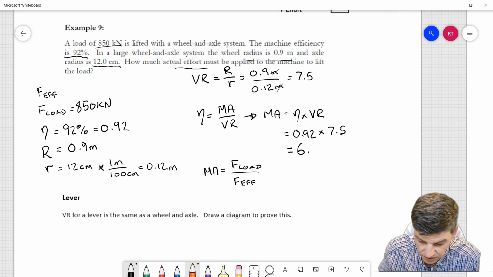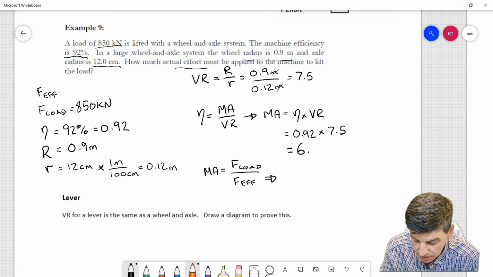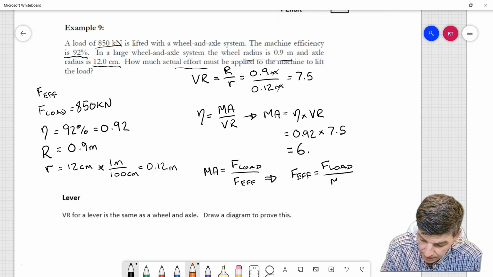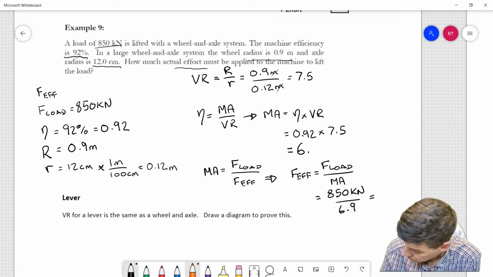Rearranging this, the force of effort is equal to the force of load divided by MA. So it's equal to 850 kilonewtons divided by 6.9, which gives me